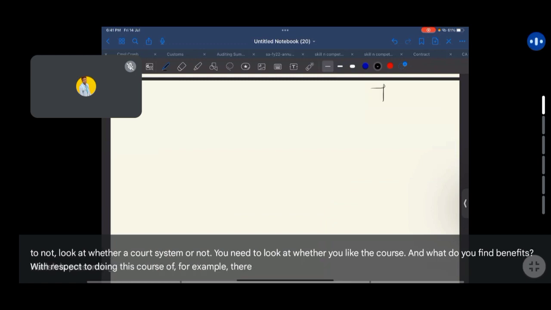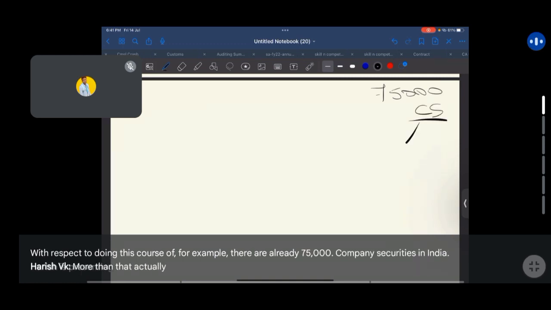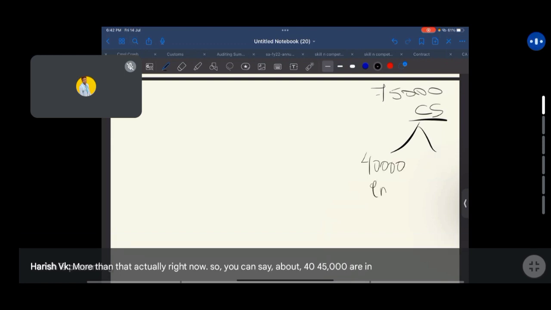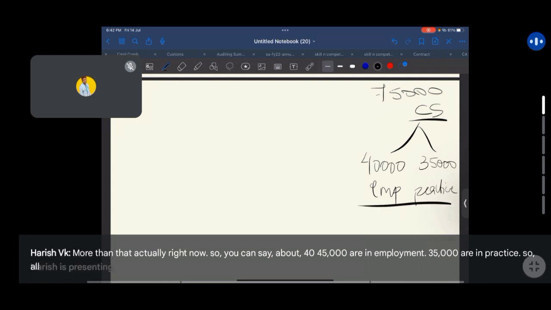For example, there are already 75,000 company secretaries in India, more than that actually right now. So you can say about 45,000 are in employment, 35,000 are in practice. So all you need to ask is, how many companies are there in India which require